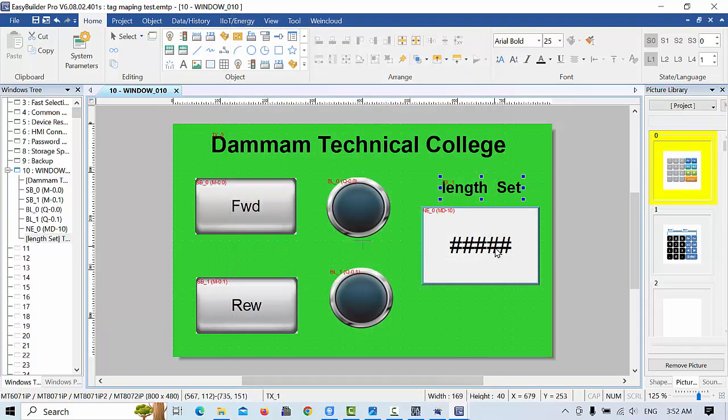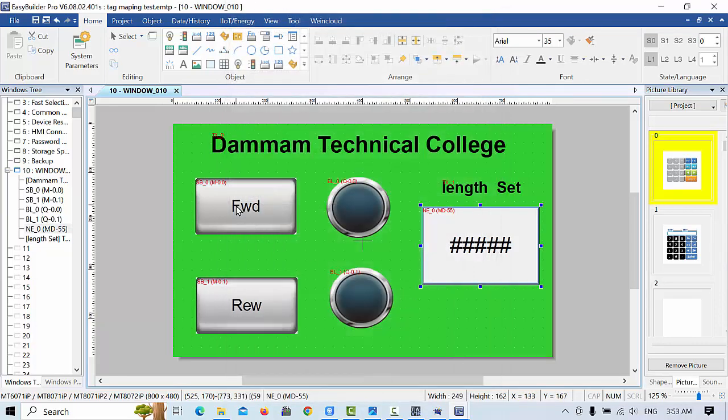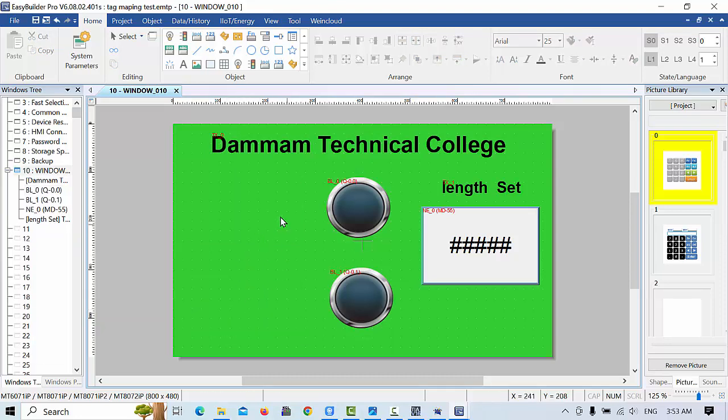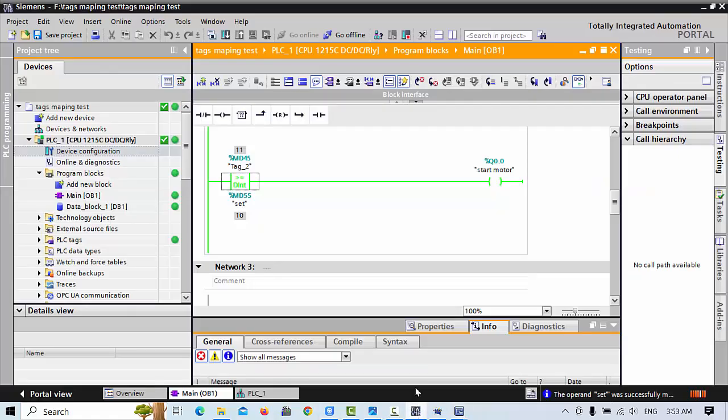And for the data register we will take the set point MD55, which is our set point, and leave this M0.0 that we will use. Only that one we need. We designed Q0.0 only, and if we need one more value added here,